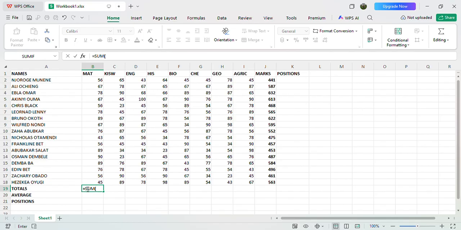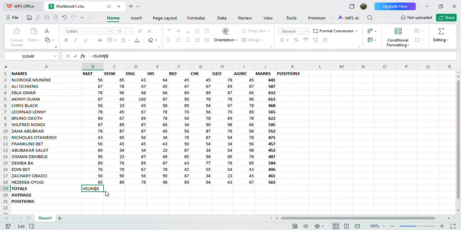After opening the bracket, the question is, which values do we want to add? Very simple. We want to add from Njoroge Munene, that is cell B2, up to Ezekiah Oyugi here, which is B18.